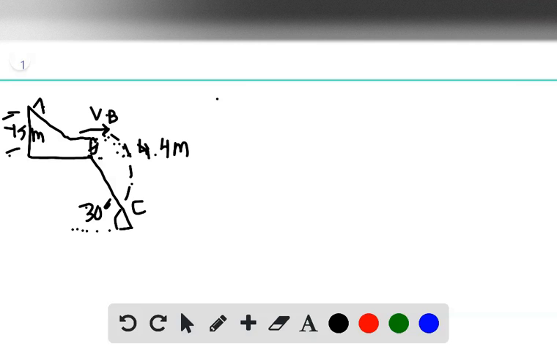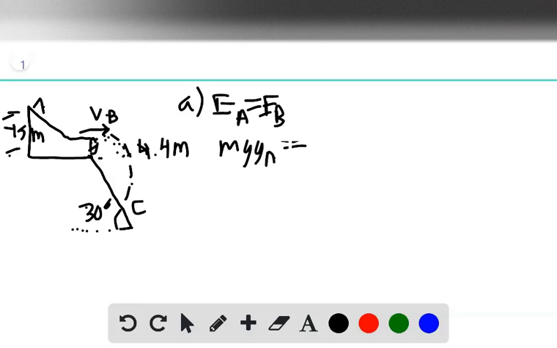To do that, we can just use conservation of energy, EA equals EB. We aren't given an initial velocity, so we can assume that they're starting from rest. So at the top at EA, all we're going to have is potential energy, mgyA, equals, and then at the bottom,